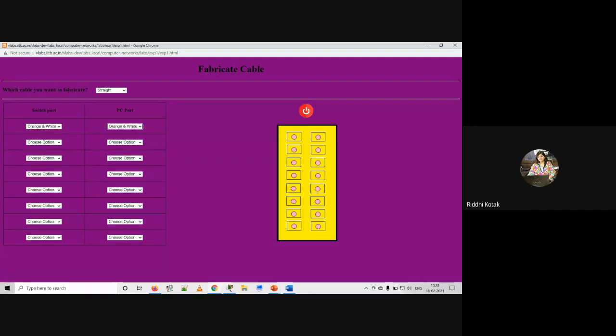Next color is orange. Yes. So the same you have to select at both ends. Third color is green and white, correct, right? So select it over here. After that the next one is blue. Okay, no issue. After blue, blue and white.